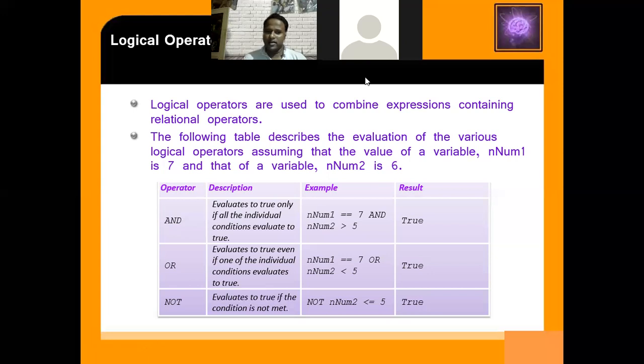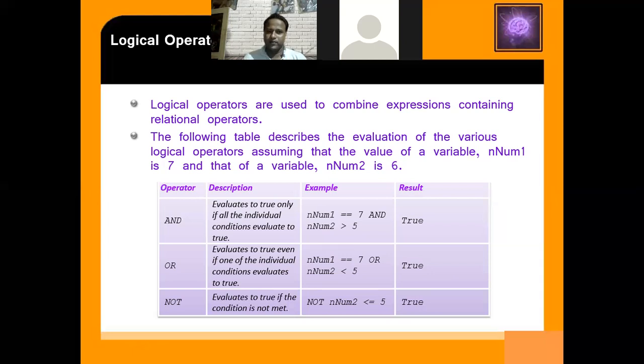Yes, it is. And number 2 is 6. Now the condition has given 6 is less than 5. No. So see that here you pass number 1 is equals to 7. It is true. In our case, number 2 is less than 5. It becomes false. True and false, it becomes true. If we're comparing the two statements, but one condition is false, but another is true, when another is true, it returns you the true value.